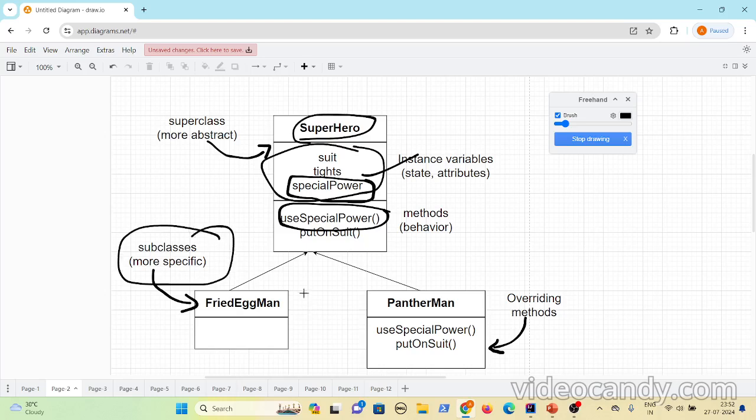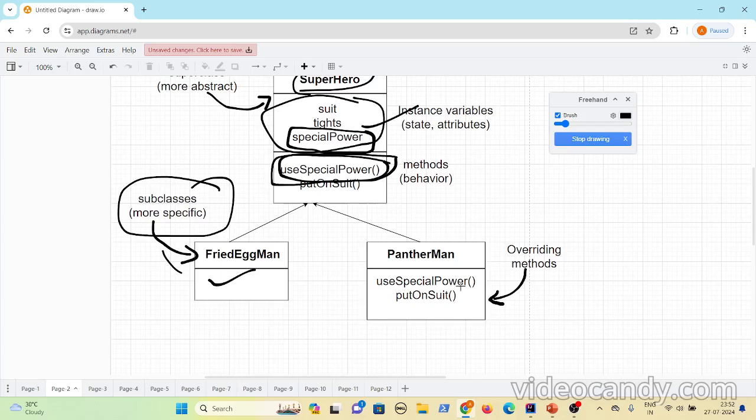In the subclass, nothing specific to the subclass is defined, so whatever logic is present in the superclass gets executed. Whenever you invoke use special power on Fried Eggman, whatever logic is present in the superclass gets executed. But the Pantherman superhero doesn't want the logic present in the Superhero class.